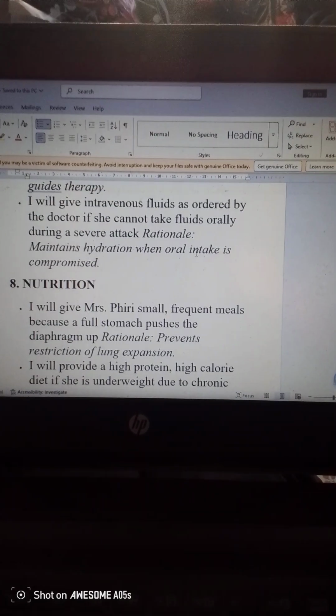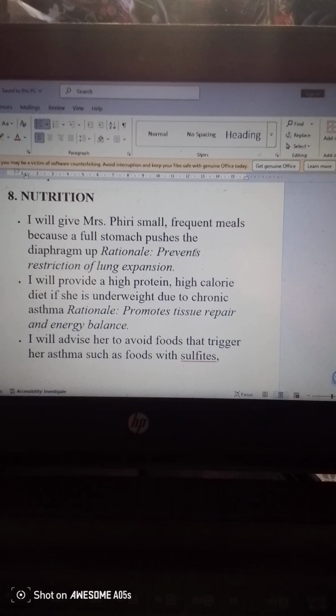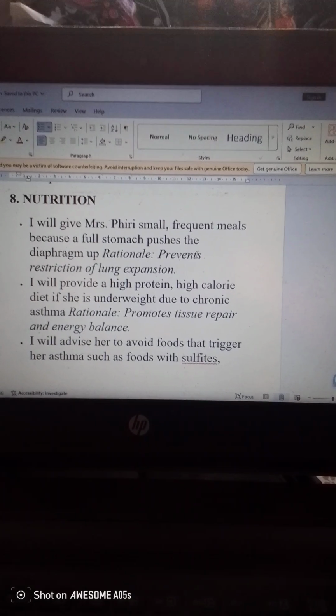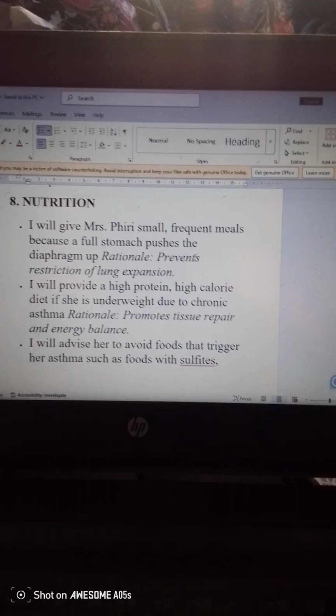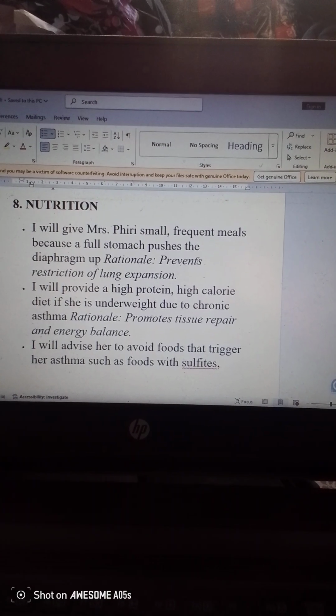I think we can also add nutrition. I think we can end on nutrition for today. Yeah, I was planning on ending on fluids, but I think we can kick nutrition in as well. So under nutrition, I'll give Mrs. Perry